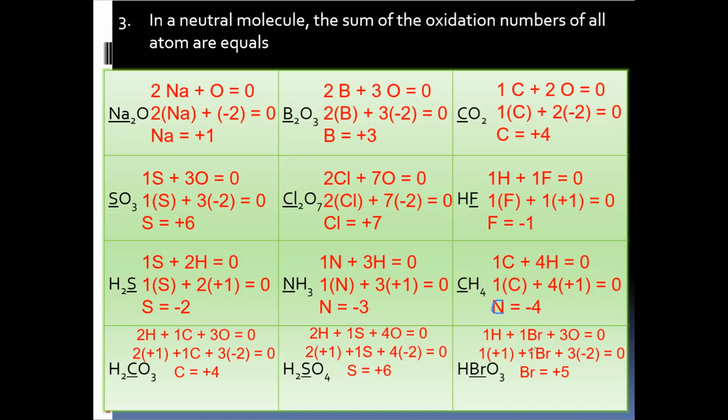Now let's see a little bit more complex example. Let's see H2SO4, sulfuric acid. This is 2 hydrogen plus 1 sulfur plus 4 oxygen equals 0. I know hydrogen is +1. So 2 into bracket +1 plus 1 sulfur, which is what I'm trying to look for. The oxidation state of sulfur is what I don't know. I know the oxidation state of oxygen to be 4 into bracket -2 equals 0. So if I do the math, 2 times 1 will be 2